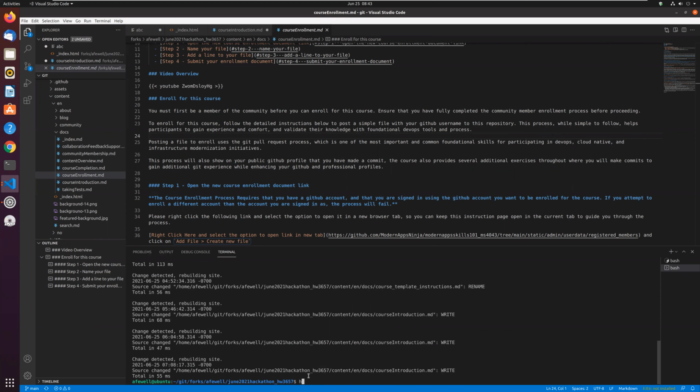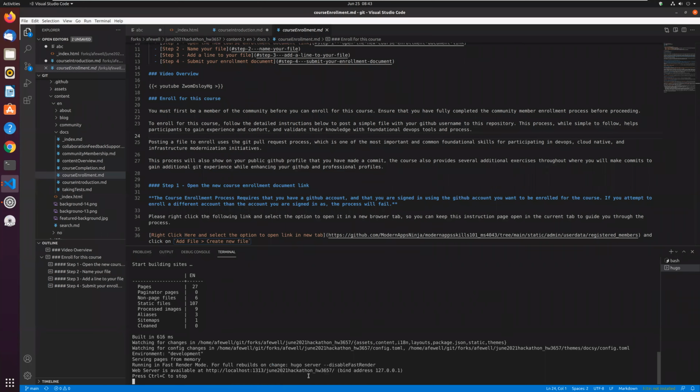And from here, I can very simply type in the command Hugo Server. It has a really nice native server utility built into it that has that functionality like Google Scaffold does, where it's not just hosting the website.